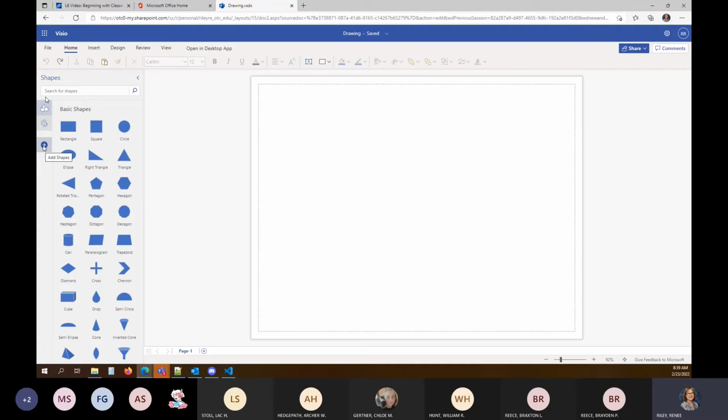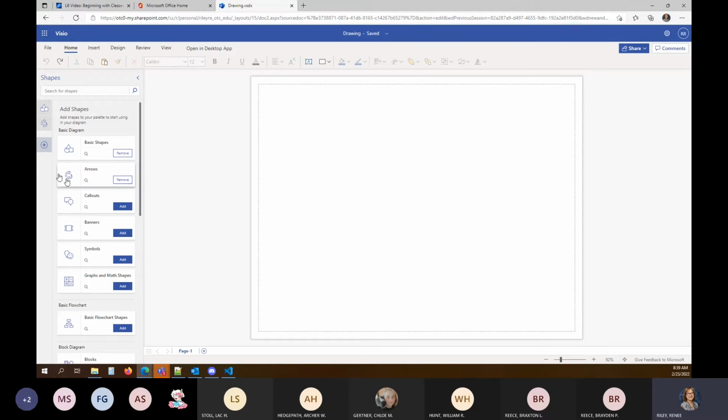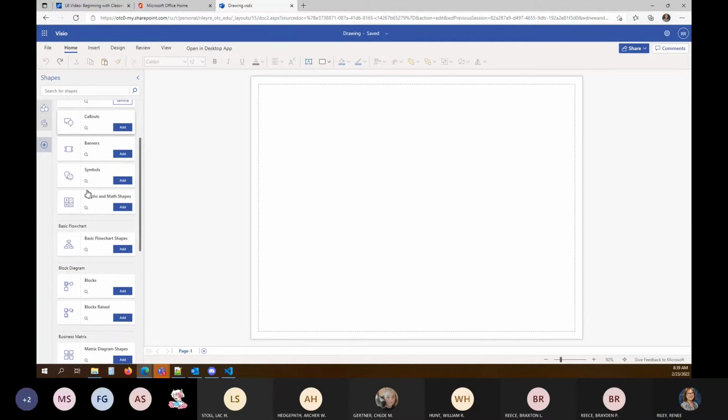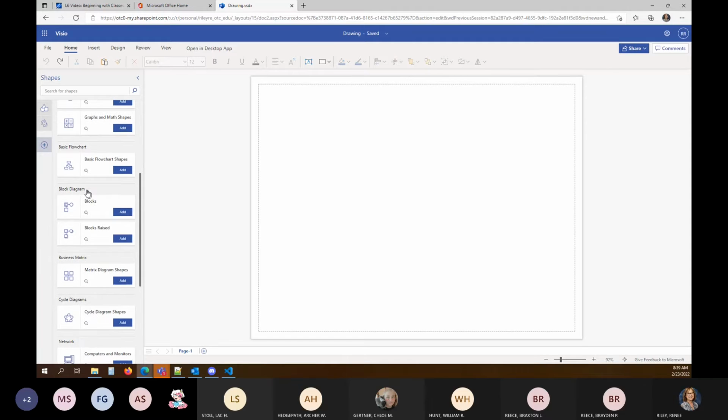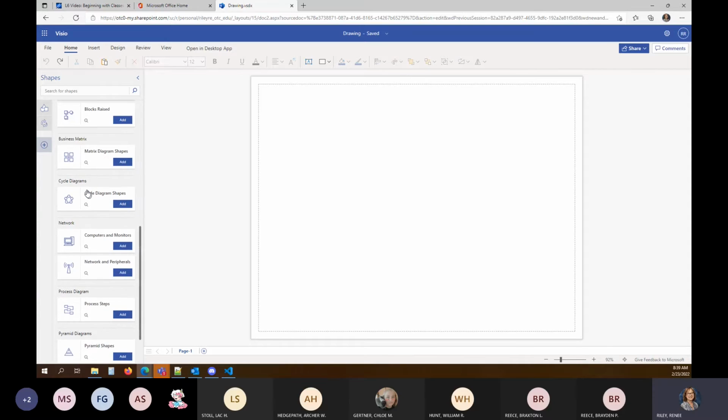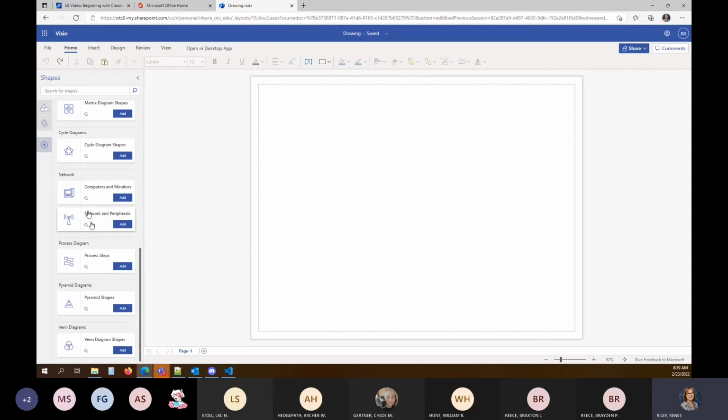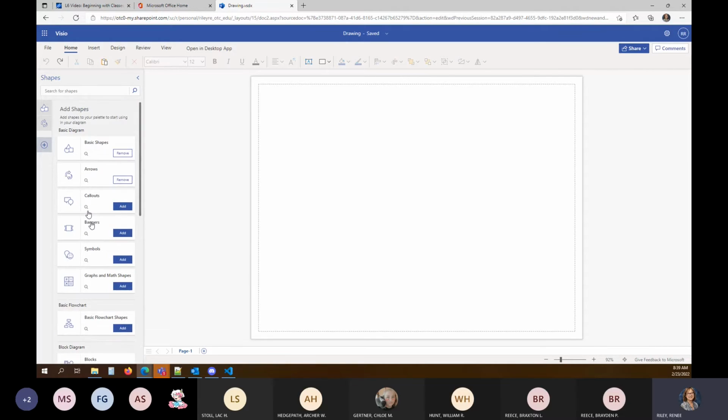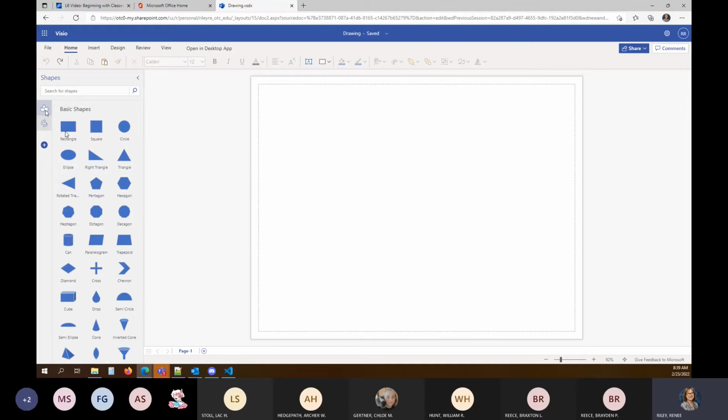I'm going to click add shapes just real quick to see if I can find the UML. It's really common, it should be out here. I don't know why it's not. So I'll just do basic shapes, and let's do a rectangle, and we'll draw it on here.